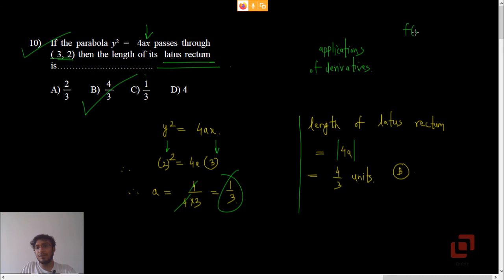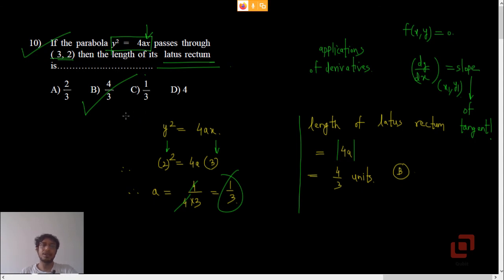that if the equation of the curve is in the form f(x, y) equal to 0, then dy by dx's value at any point on the curve basically tells us the slope of the tangent at that particular point to the curve. So you may even find dy by dx at a point by differentiating the equation of the parabola. Alright, so that's it for parabola. Tomorrow we are going to solve MCQs on the other two conic sections, which are ellipse and hyperbola.